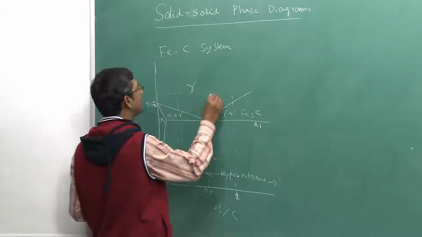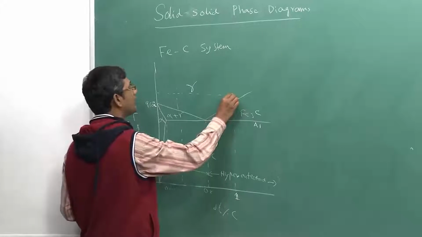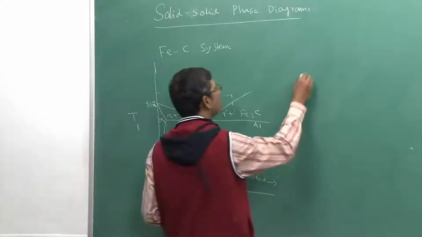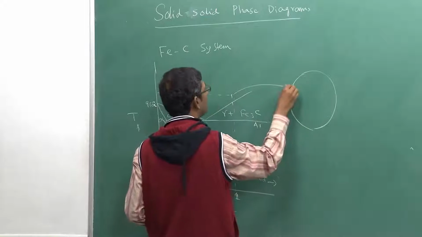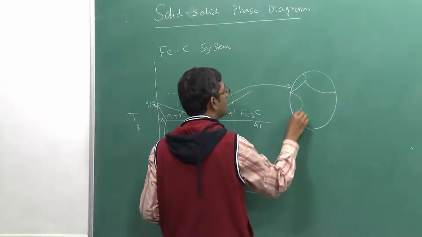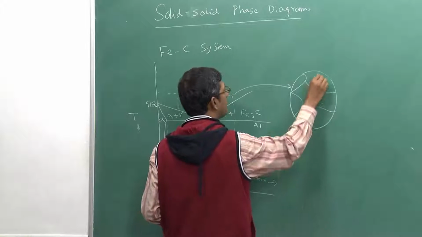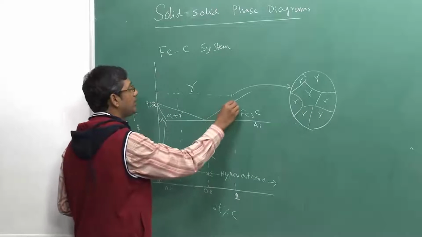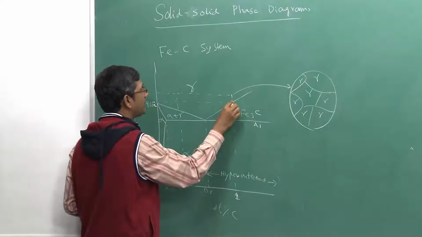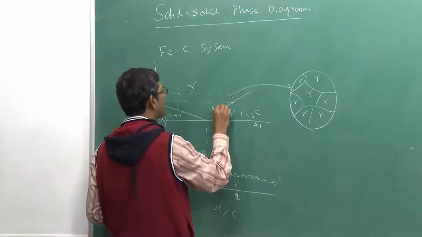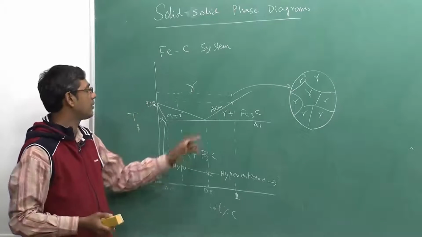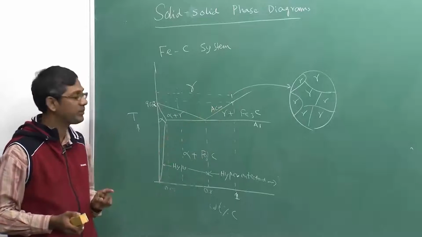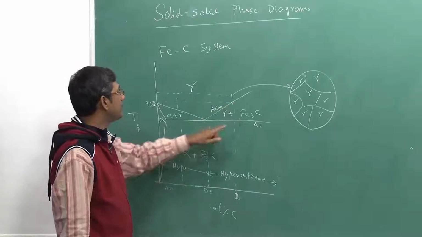Again, if I take the steel sample at about 950 degrees Celsius, suppose somewhere here, it will have a single phase gamma microstructure. That means all the grains will be gamma, large grains of gamma, as you see here. Nothing will happen above this temperature, which is the ACM line, the curve which demarcates the phase stability between gamma and cementite. That is why it is called ACM, CM stands for cementite. So, below ACM, cementite will form.